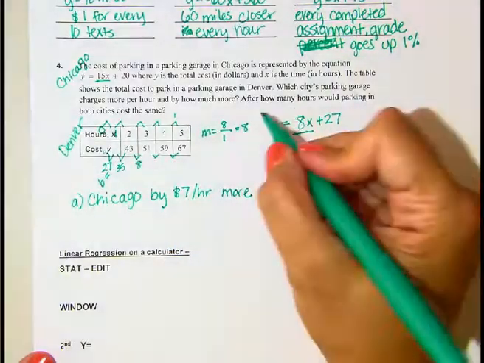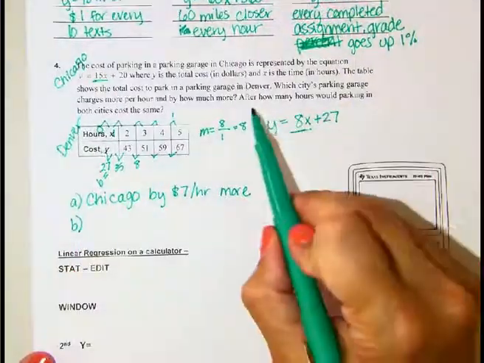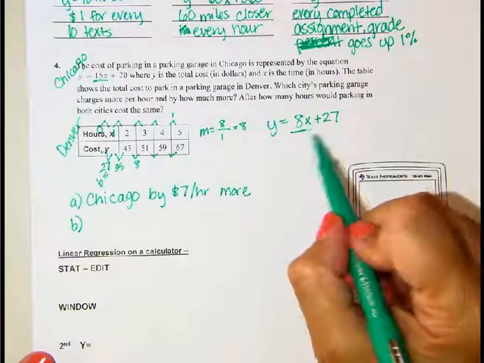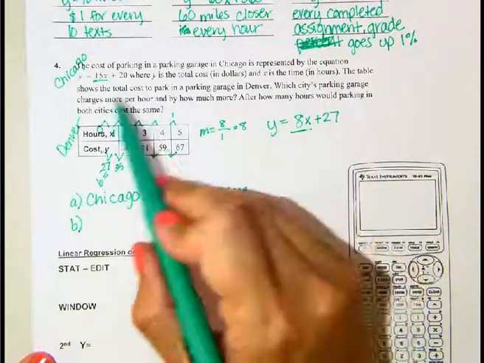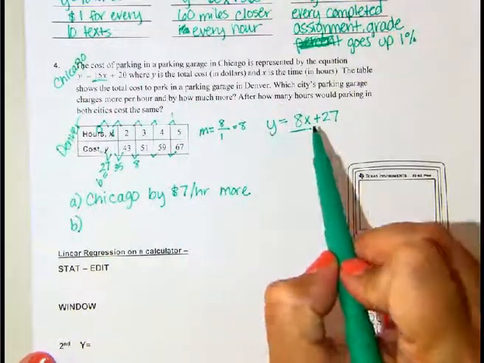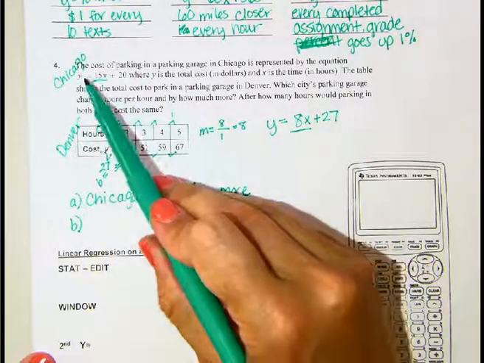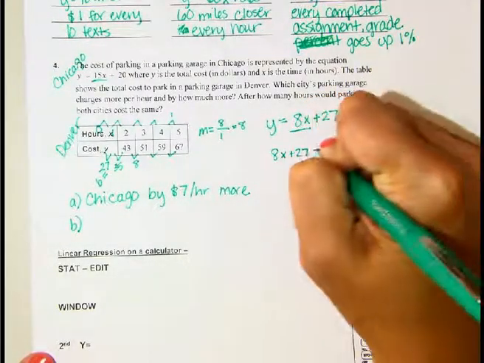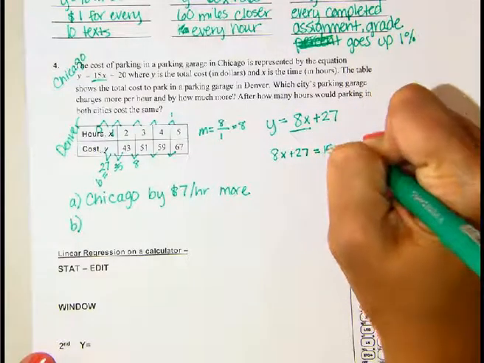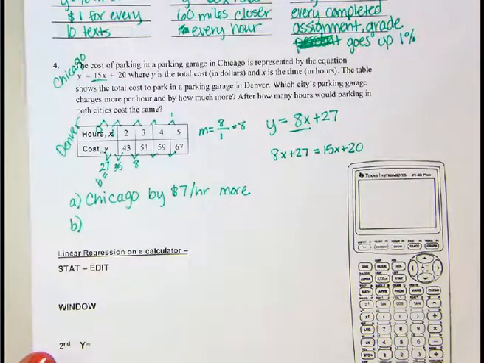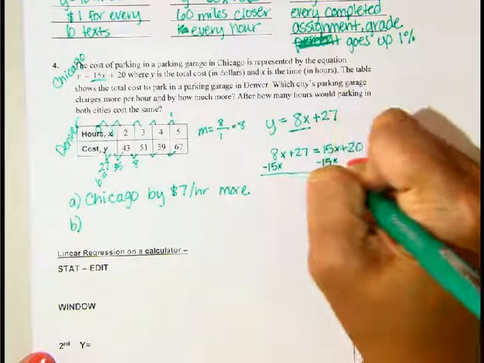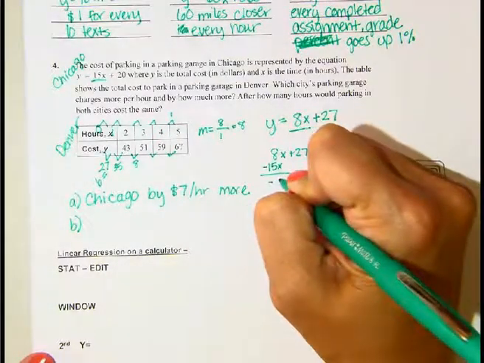Okay. Then question B here says, after how many hours would parking in both cities cost the same? So I'm going to take Denver's equation and Chicago's equation, and since this is what y equals, I'm going to substitute this in for y up here and set them equal to each other. So I'm going to end up with 8x plus 27 equals 15x plus 20, and I'm going to solve for x. If I move all my x's to one side, I'm going to subtract 15x. So I get a negative 7x